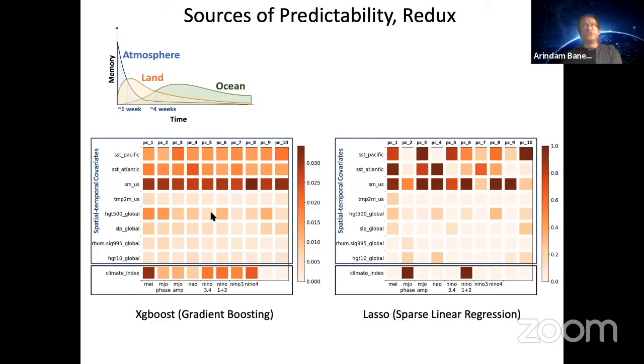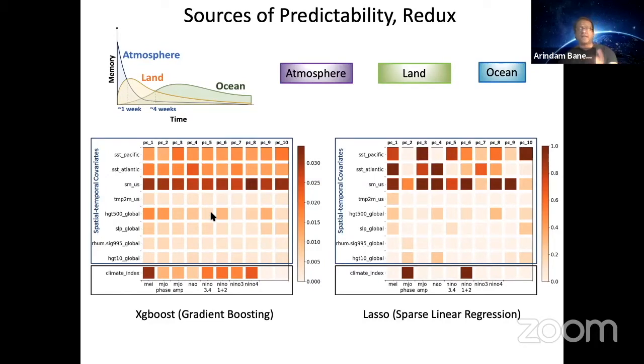So what we are going to do is see which of these features came from the ocean and the land and the atmosphere, just to understand who contributed the most. And when you look at the spatial features like SST and so on and so forth, we did not use the actual latitude, longitude. We use the top 10 principal components. So that's where the PC1 through PC10 are. Those are the principal components of these.